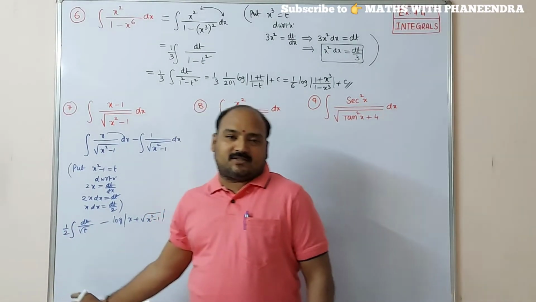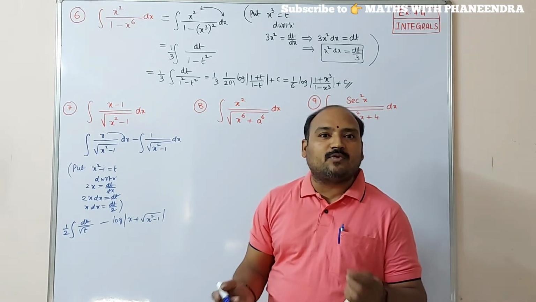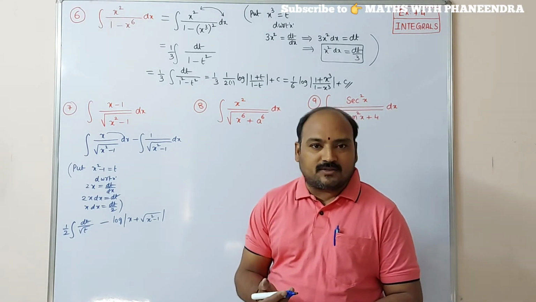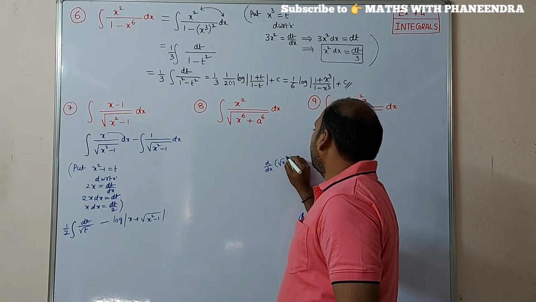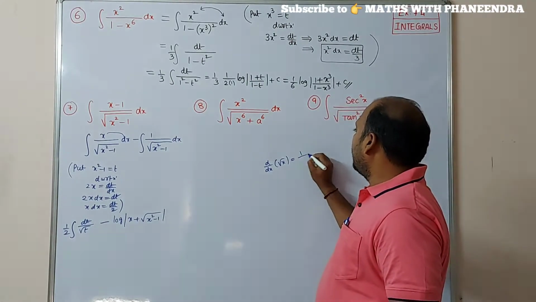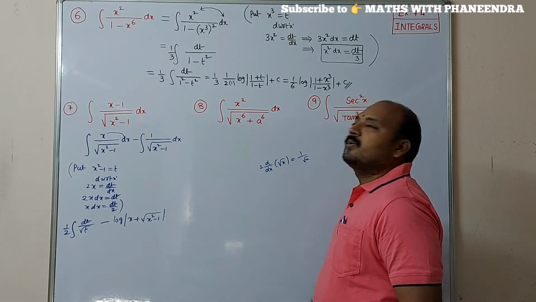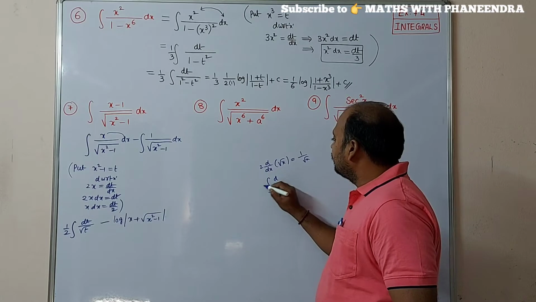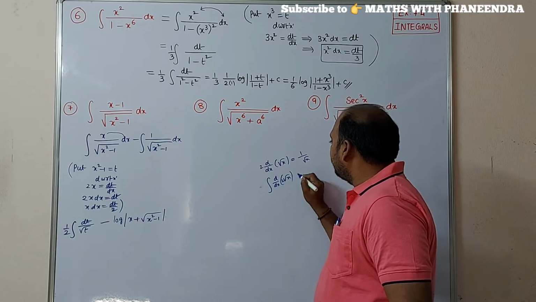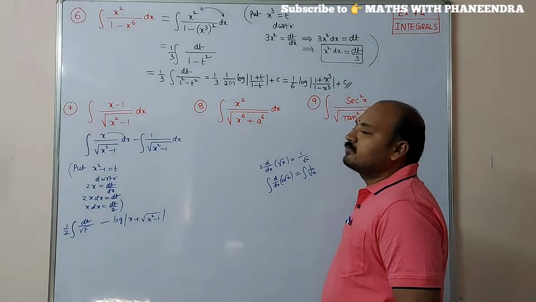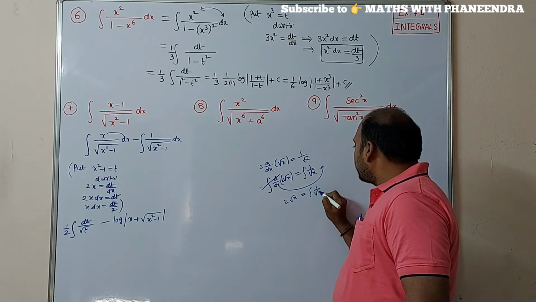So integral 1 by root x. What is d by dx of root x? d by dx of root x is 1 by 2 root x. So 2 we can take here. After that, taking integration, the 2, also a constant, can be taken to this side. Differentiation and integration cancel, dx we can take here. 2 root x is equal to integral 1 by root x into dx.